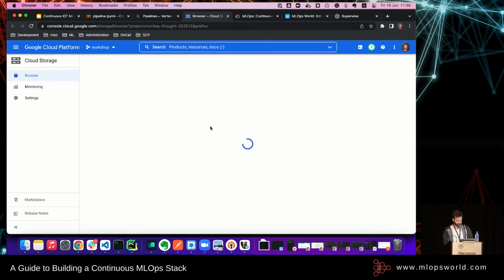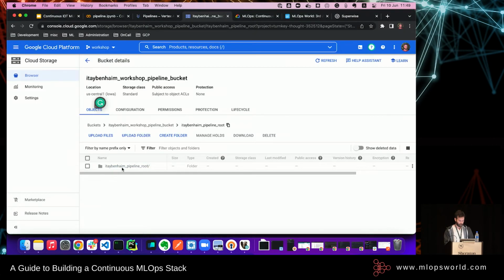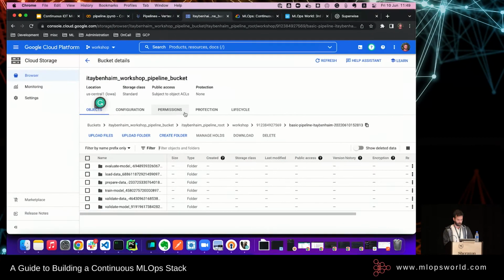And you know what? Out of time, maybe I can. Let's see. Yeah, okay, it's running. Workshop. That's the pipeline route. Okay, I'm not going to check it here. I'm going to trust myself that it's going to work.